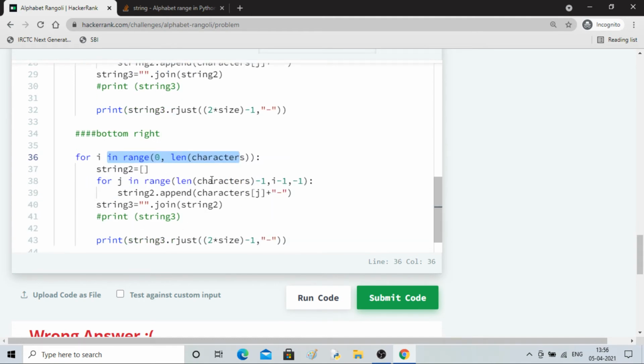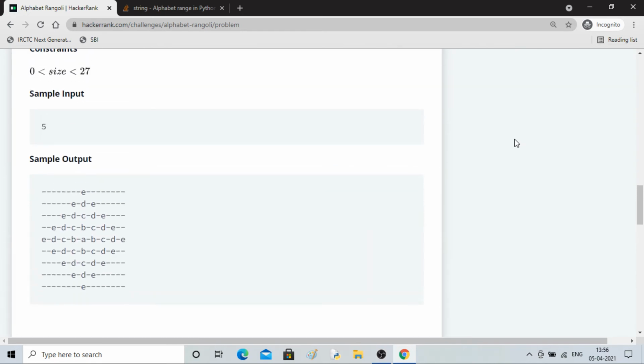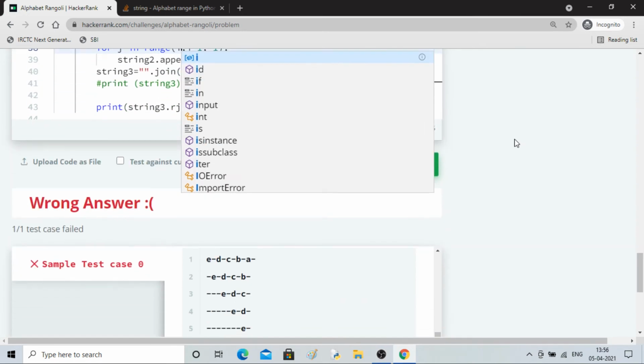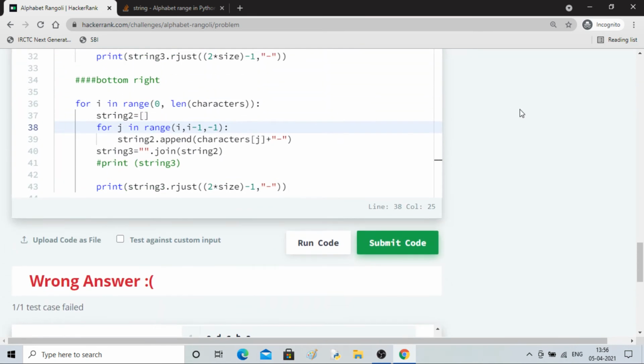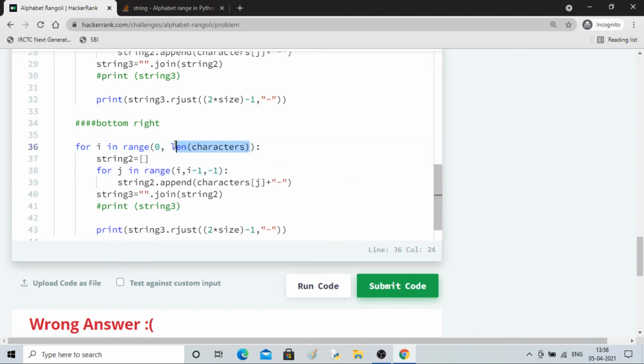Starting from I, because A, B, C, D, E, then B, C, D, E, likewise. I is a better candidate here, and it will go till length of characters. It keeps printing in the forward direction. Let's do this.